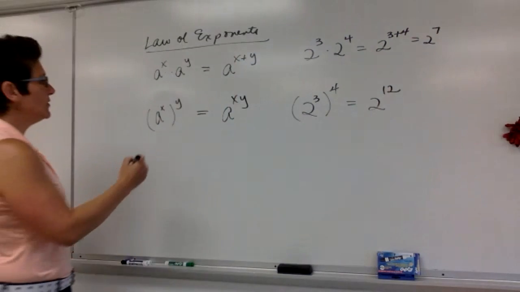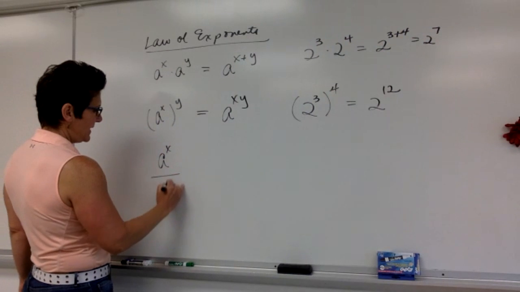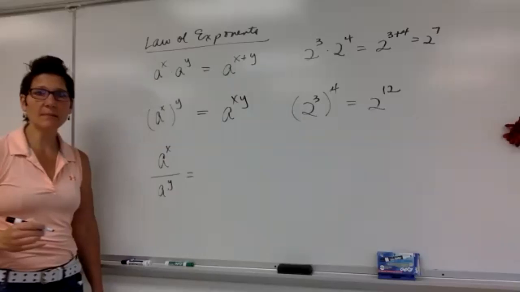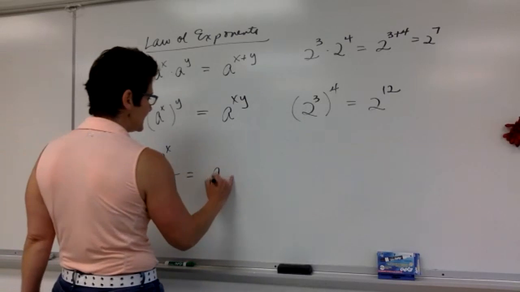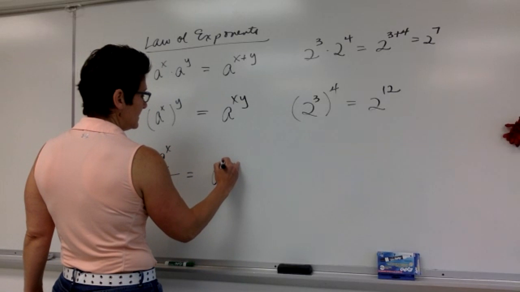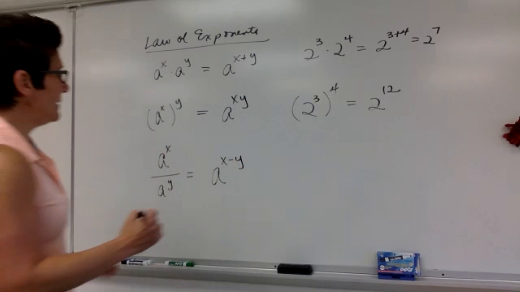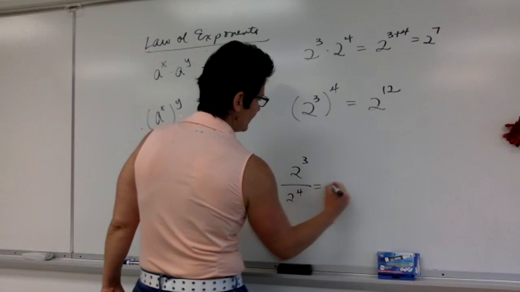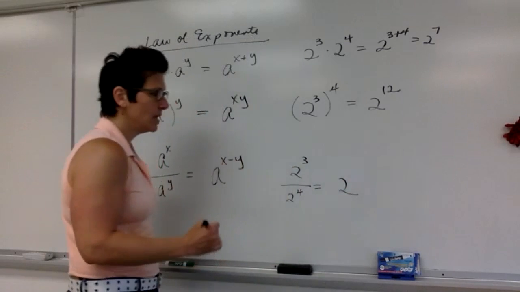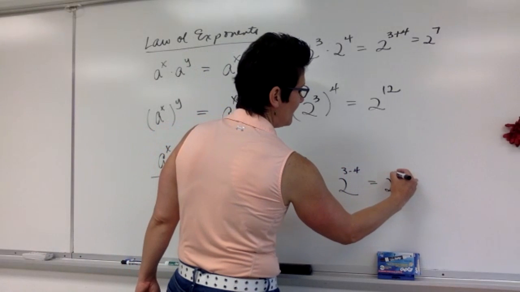And then one of the other laws of exponents is a to the x divided by a to the y. When I have a to the x divided by a to the y, what can I do to my two exponents there? X minus y. Okay, good. So that means if I do 2 cubed divided by 2 to the 4th, it's going to give me 2 to the 3 minus 4, which is equal to 2 to the